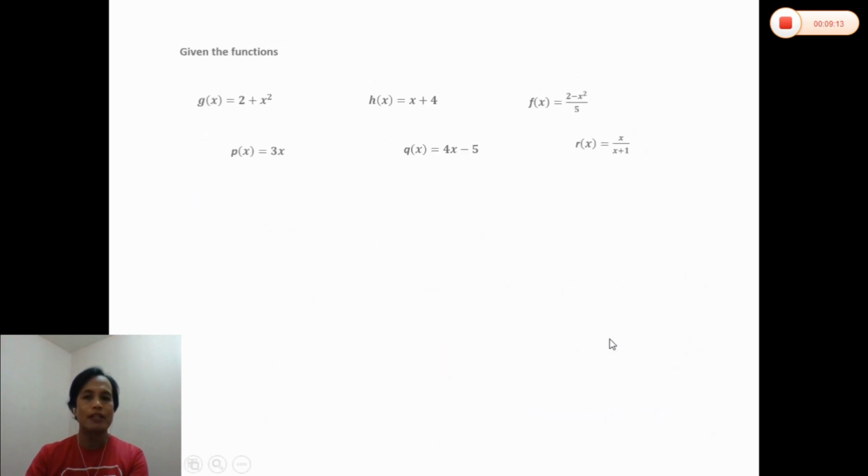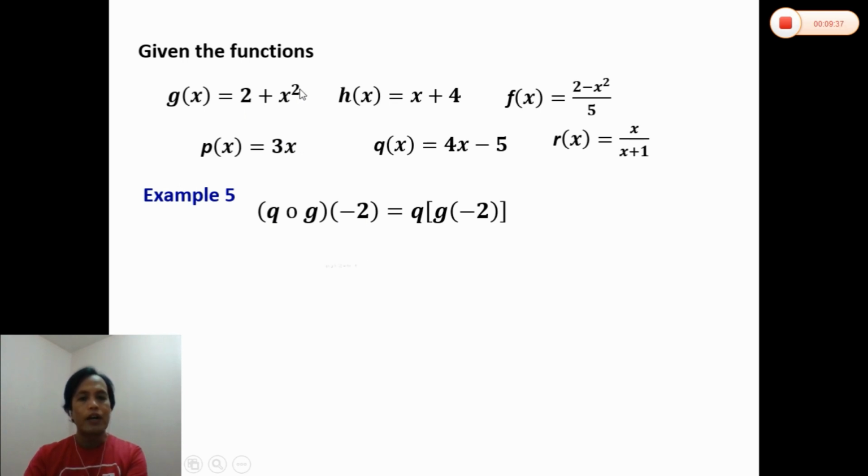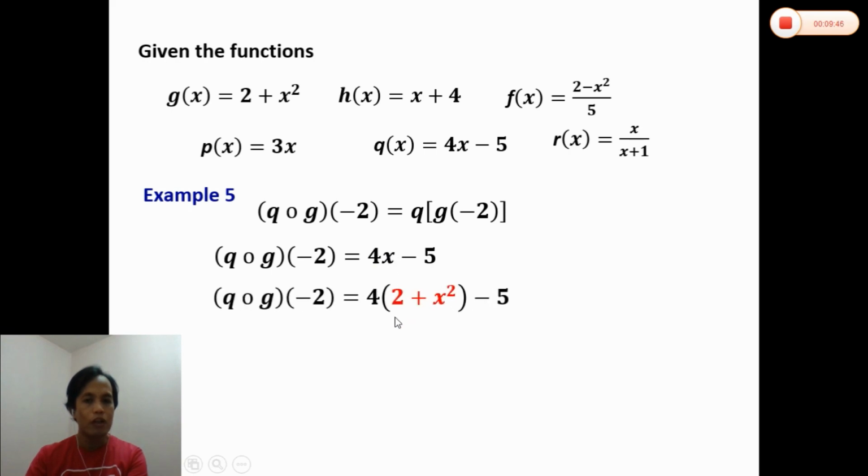Let's proceed to the last example. Still you are given the set of functions and we are to find the composition of the functions q and g. Then we need to evaluate using the domain negative 2. The function q again is 4x minus 5 and the function g is 2 plus x squared. So write the first function, which is 4x minus 5, and the g is 2 plus x squared. So we need to change this x with 2 plus x squared. So we copy 4. The x is changed to the function g, which is 2 plus x squared, and we